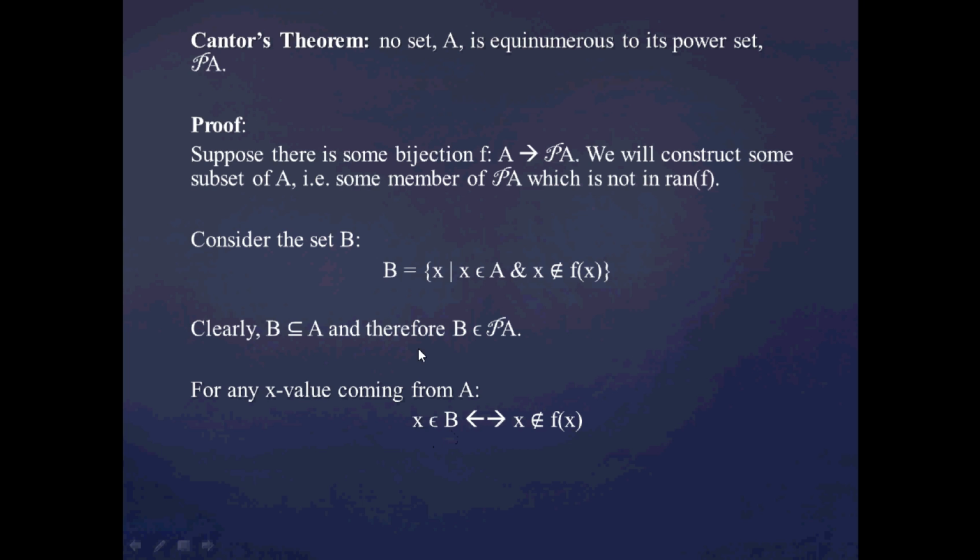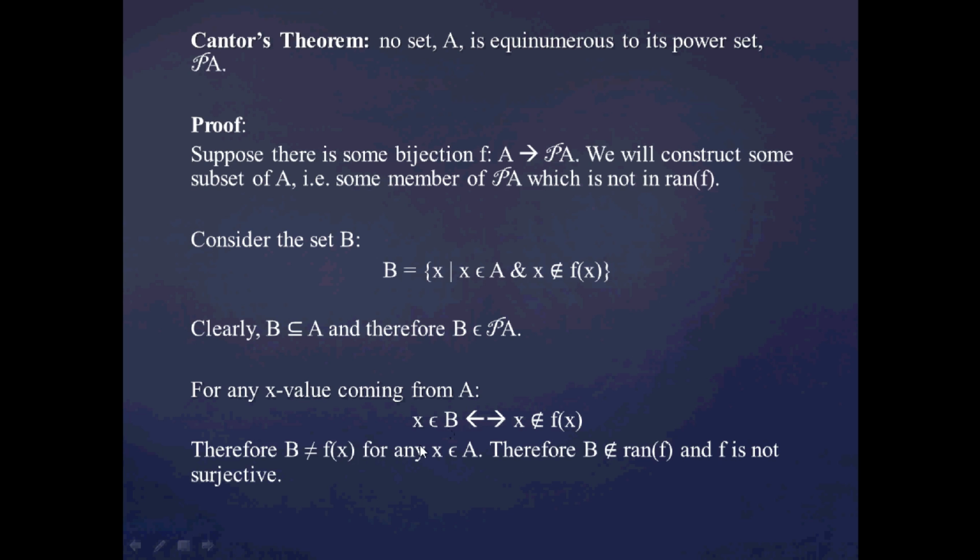And just notice from the definition of B that if some object X is in B, that implies that X is not a member of F of X. So I claim that for any X value coming from A, you can always find a difference between these two sets B and F of X. That there's going to be some object that's in one set that is not in the other. So the claim is that B is not equal to F of X for any X value coming from A. Now, if this is true, then B can't be in the range of F, which means that F is not surjective, which proves the